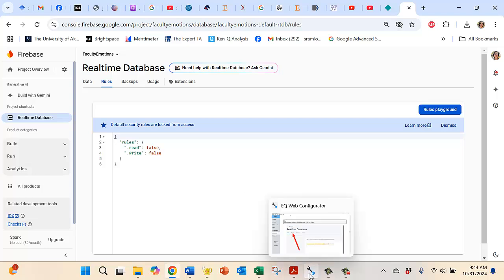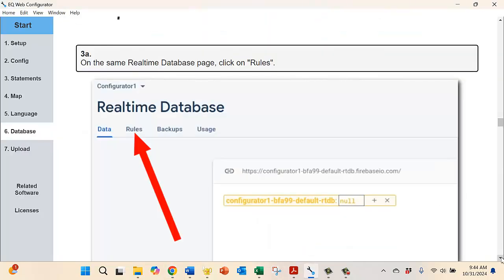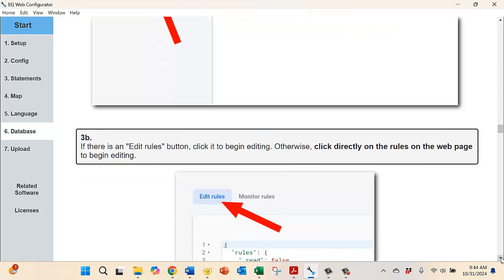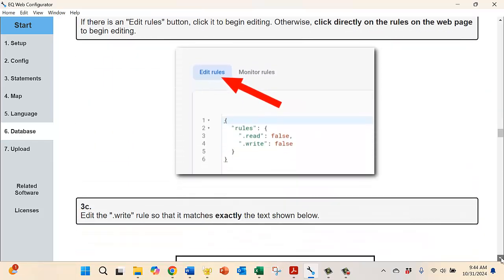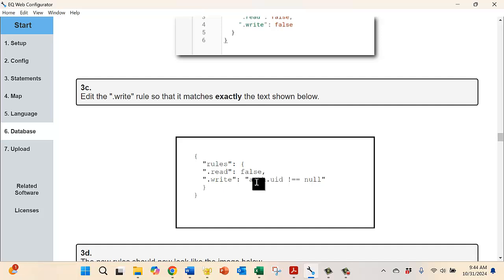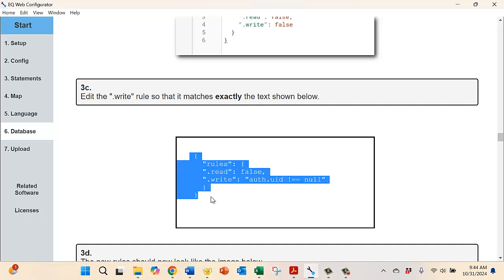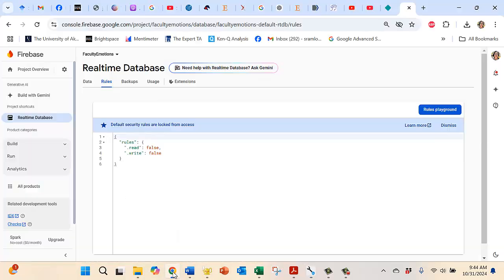And we're going to end up changing this. But Shawn is, again, so helpful. So we're going to edit our rules and we are going to copy exactly this. And we will go in here and we will,